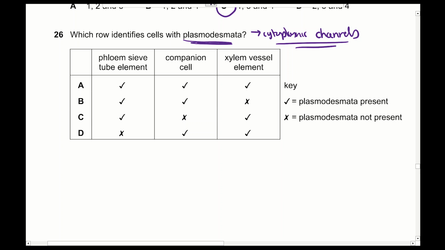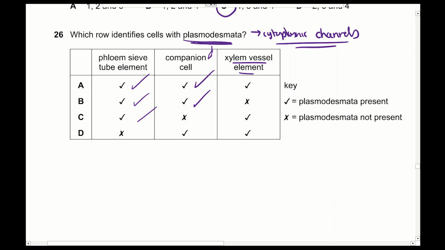So, most live cells with a cytoplasm, and it's a plant cell, are most likely to have plasmodesmata. So let's see the suggestions that we have here. Phloem sieve tube elements are live cells with a cytoplasm, therefore they do have plasmodesmata. Now companion cells also have plasmodesmata, which is also needed for the sucrose to leak into the phloem sieve tube elements by diffusion. Now, for xylem vessel elements, we just mentioned that plasmodesmata are cytoplasmic channels, and xylem vessel